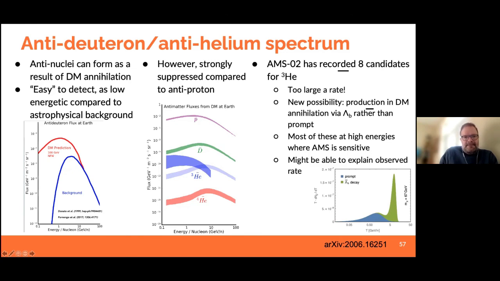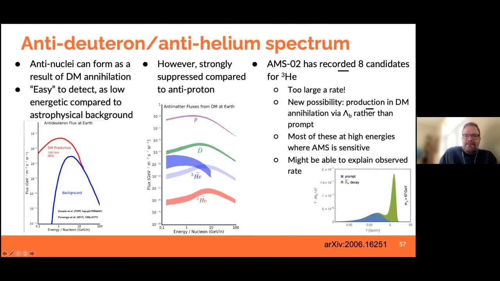There have been a lot of debates on how to calculate these fluxes, with different assumptions. There's this darker blue band, which some group derived, which is two orders of magnitude larger. So there's still a lot of uncertainty, I think, in the modeling of these things. But the interesting thing is that